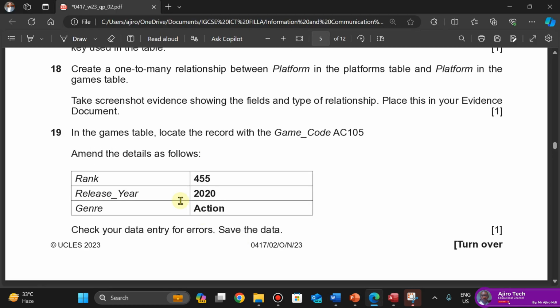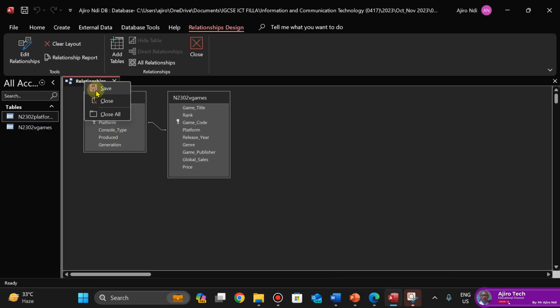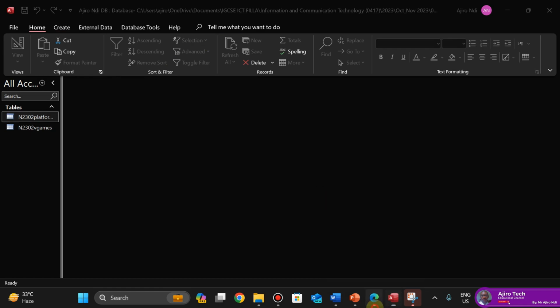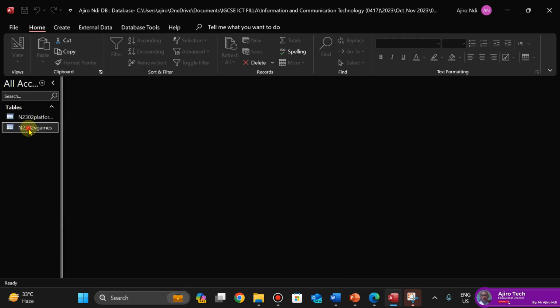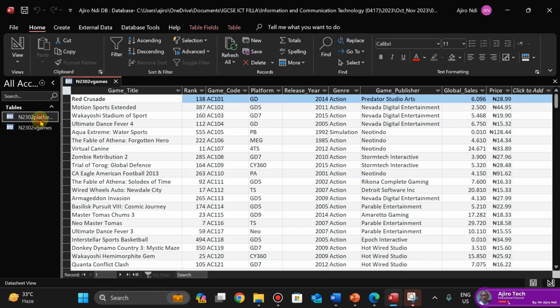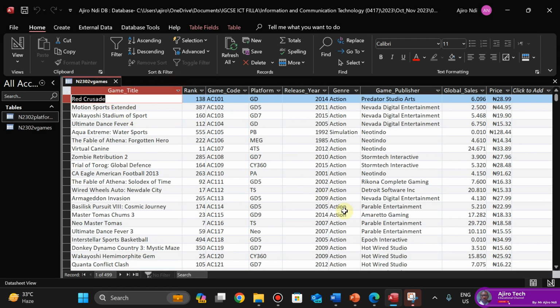In the games table, step 19. Let me do this. I'm going to save this. Right click, save, and then I can close. In the games table, locate the record with the game code. In the game table, I'm going to open it. Now, it's a platform that is going to create the relationship. So for every platform, these are the games that they have produced. So I'm going to close it. So in the game table,